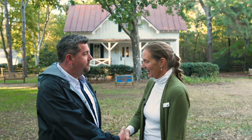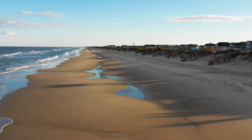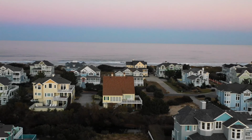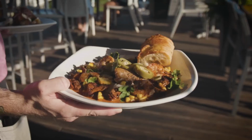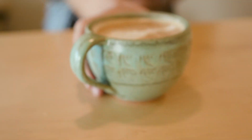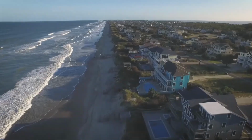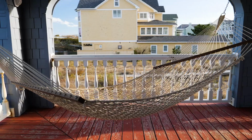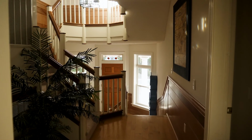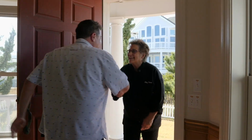Oh, nice. Clearly, the locals are proud of their little corner of the world, which is yet another reason Currituck and the Outer Banks are popular with summer visitors. The ocean water is warm. The towns are bursting at the seams with locally owned and delicious restaurants, cafes, bars, and even world-famous donuts. You'll also find an abundance of large multi-bedroom houses to rent while you're here, perfect for families with lots of children, friends, and luggage. This is why I invited a local chef over to my house to prepare an authentic